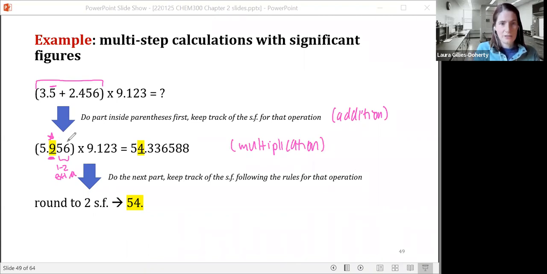So we take 5.956 times 9.123, and you get 54.336588. It might just go on and on in your calculator, depending on how big of a screen you have. This last step is a multiplication step, so it's limited by the fewest number of sig figs. So if we count sig figs in both of our numbers that we multiplied,